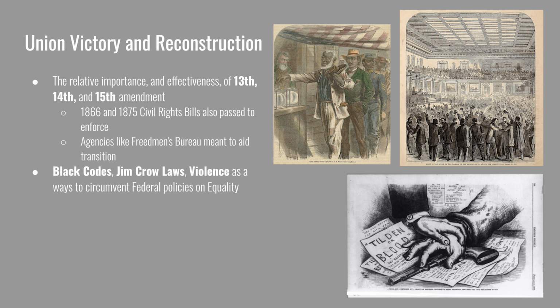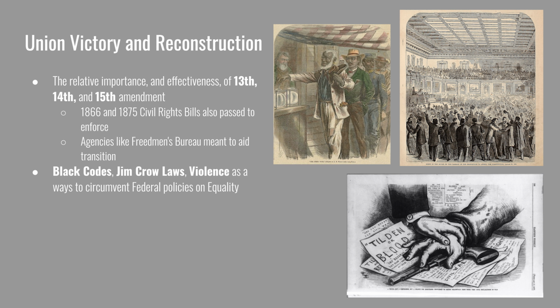The 13th, 14th, and 15th Amendments are obviously important, but their ability to settle old problems varies. The 13th Amendment had huge ramifications by guaranteeing the end of slavery. Congress went a step further and passed the 1866 and 1875 Civil Rights Acts to try and enforce these new rights of freedom and citizenship. However, court cases later declared these laws unconstitutional. Today, the 14th Amendment is more important because it has been used to extend the Bill of Rights into state laws and protect civil liberties further.